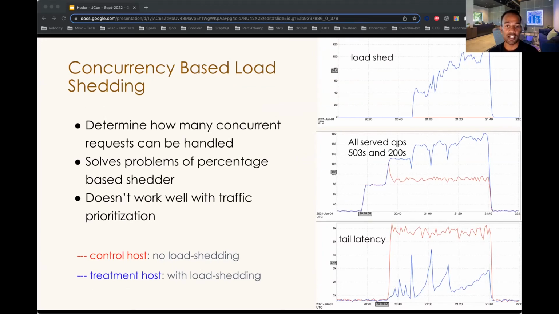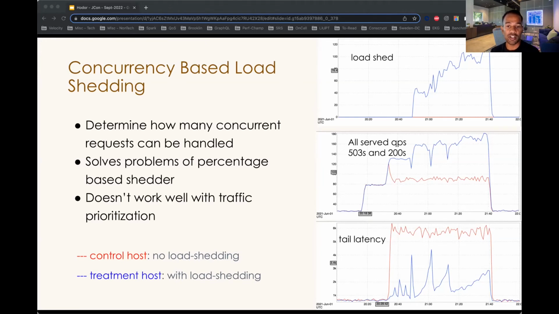This shedding strategy adaptively ramps up and ramps down the allowed concurrency instead of the percentage to control the load in the system. Once the concurrency shedder finds the equilibrium concurrency, all other requests beyond the equilibrium concurrency will be dropped. So if more traffic comes in, more requests will be dropped. If the spiky traffic suddenly goes away, no request will be dropped, as long as the concurrency did not reach the equilibrium point.